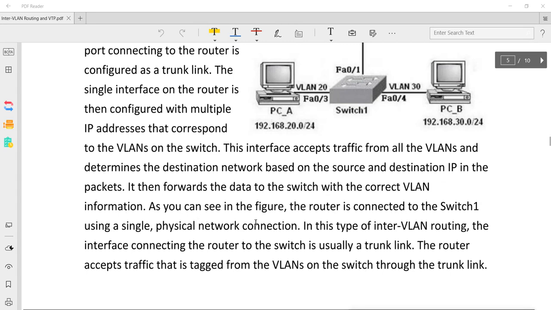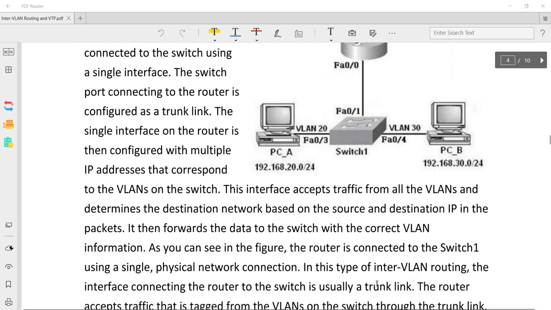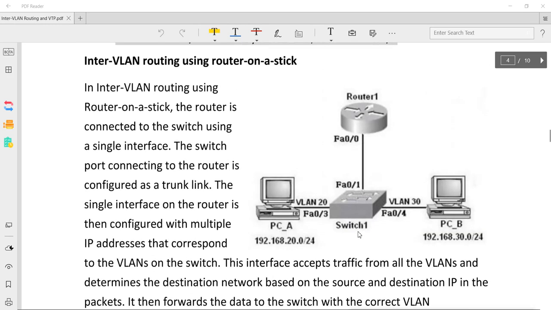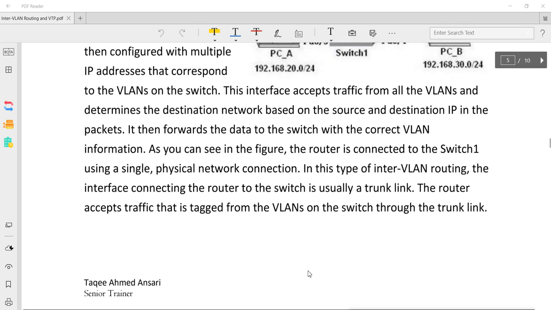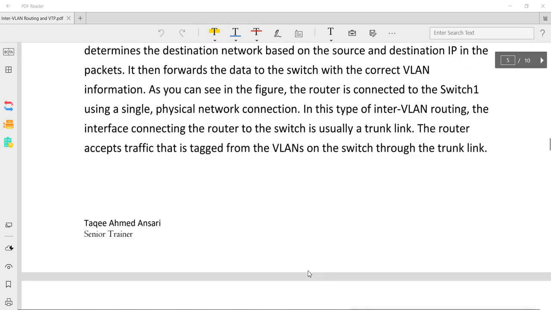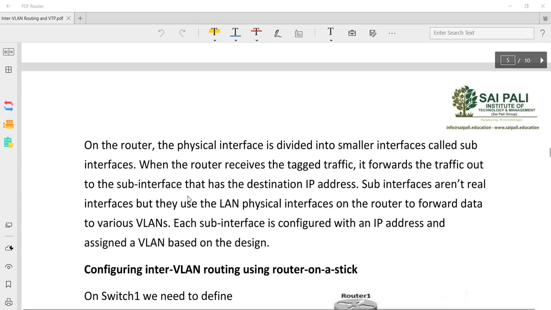As you can see in this figure, the router is connected to switch 1 using a single physical network. In this type of inter-VLAN routing, the interface connecting the router to the switch is usually a trunk link. The router accepts tagged traffic from the VLANs on the switch through the trunk link. On the router, the physical interface is divided into smaller interfaces called sub-interfaces.